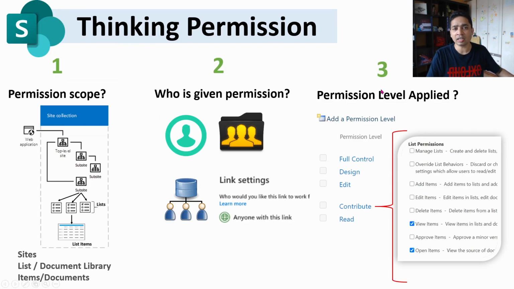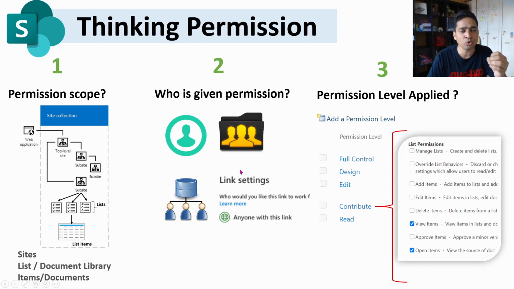The last thing right now we have done is that we have checked the scope where we are assigning the permission. Who is getting the permission, we have checked that as well. How he is getting the permission, we have looked into that as well. Plus the last thing that I want to check on is the permission level that we want to share with him.